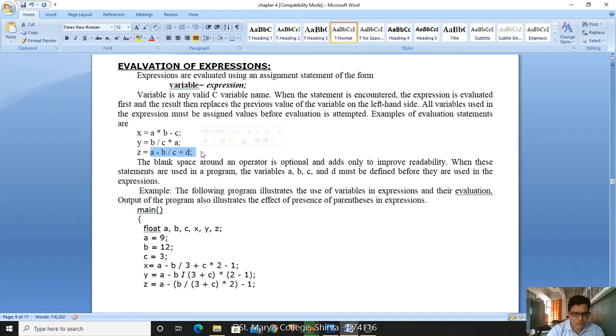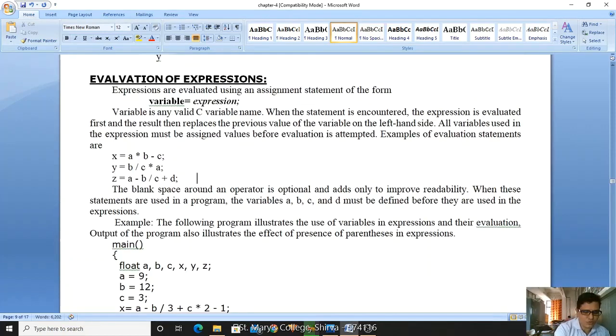Now let me see, according to mathematics, as we know, BODMAS, right? What is BODMAS? In mathematics, if brackets exist, they will be evaluated first. Next, division has the highest priority, and next multiplication has the highest priority, and addition and subtraction have equivalent priority. By using these BODMAS rules, we are evaluating our expression.